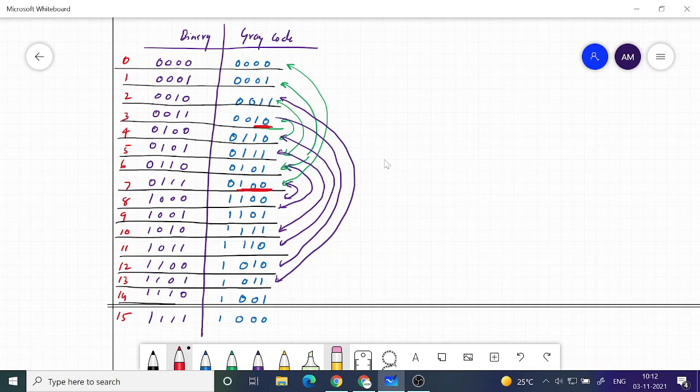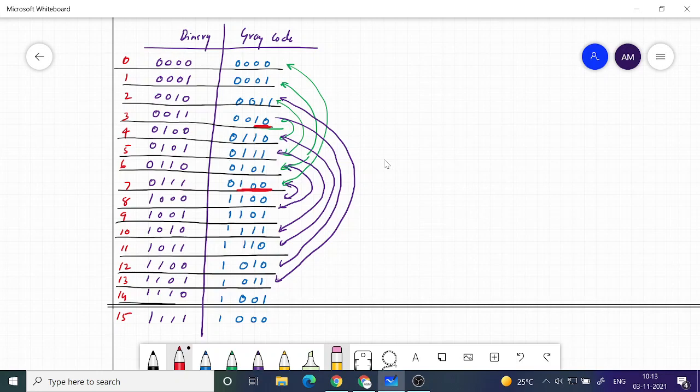All the other bits are remaining the same. This 0, and the last one, they are remaining the same. And then again from 2 to 3, only this 1 is becoming 0, no other change. Again from 3 to 4, the only change is happening at a single bit position, that is the third bit position. Is that clear? Yes, sir.